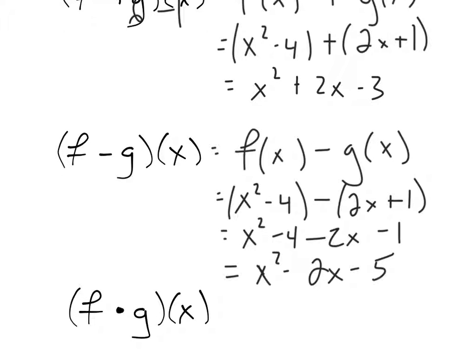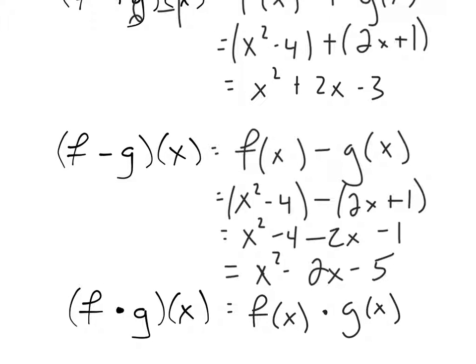What about this one? What do we got? Yeah, we're basically just going to multiply the two together, right? Okay. All right. So this one, of course, literally just means that we take f of x and we multiply g of x,